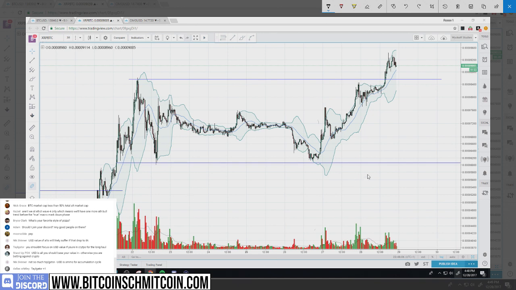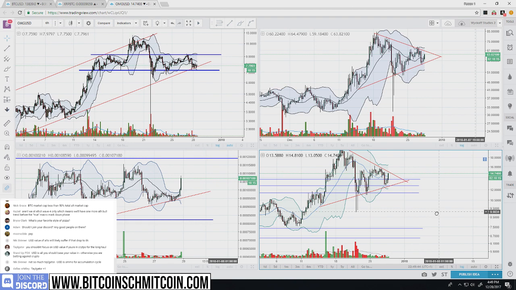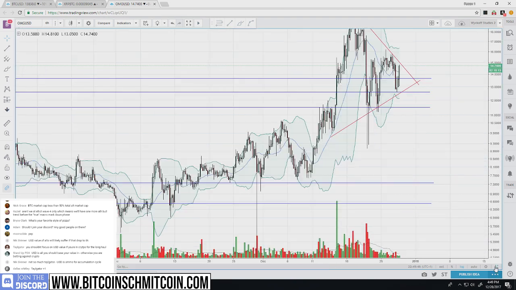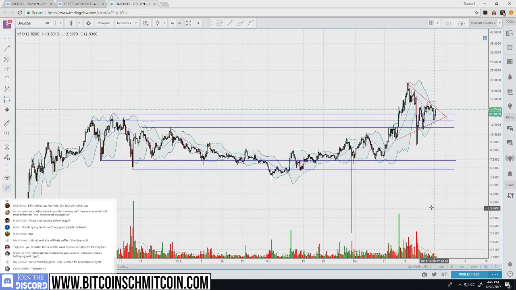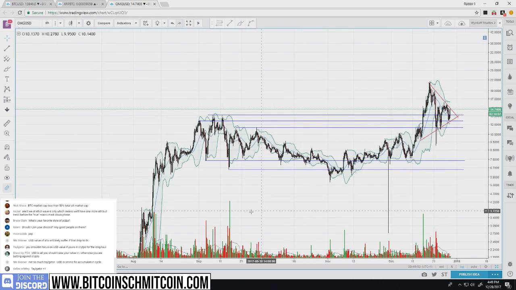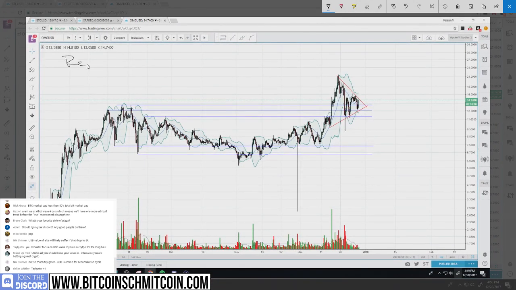Okay. So the XRP is a good one. OMG is surprisingly a good one. OMG has just been getting beaten relentlessly for the past few months, but I believe it's finally in markup, or it's about to be in markup. So we see the same sort of story here. This is reaccumulation,